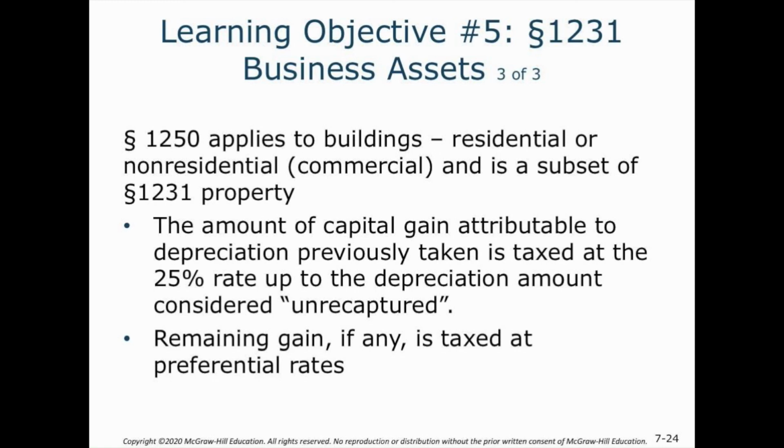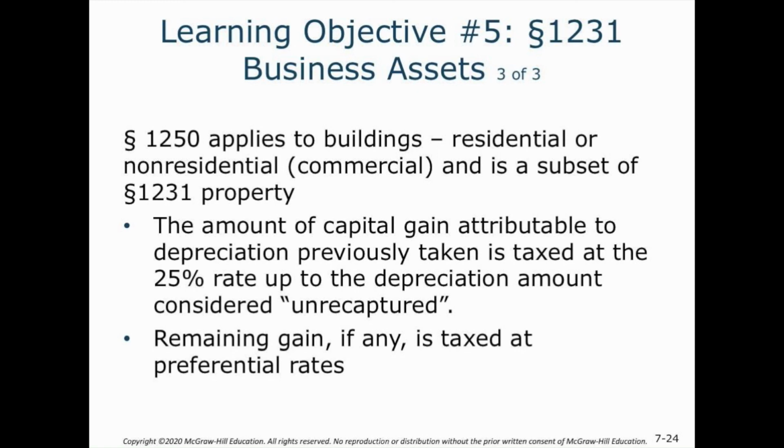Where 1250 gets a little bit more nuanced is if accelerated depreciation had been used, then there's a third amount that's included in it, and that's going to be the difference between the straight line depreciation and the accelerated depreciation, and that amount is going to be taxed at an ordinary gain. But that, for all practical purposes, tends to be fairly uncommon, but it is important to note that the difference